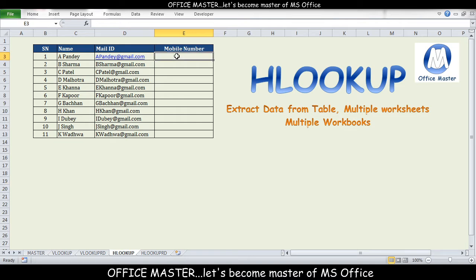So how will you apply this? When and why will HLOOKUP be required? The purpose will be the same. Whenever you want to extract data from different tables, where the table could be in the same worksheet, in a different worksheet, or in multiple workbooks, you can use HLOOKUP for that. So let us start. The formula equals